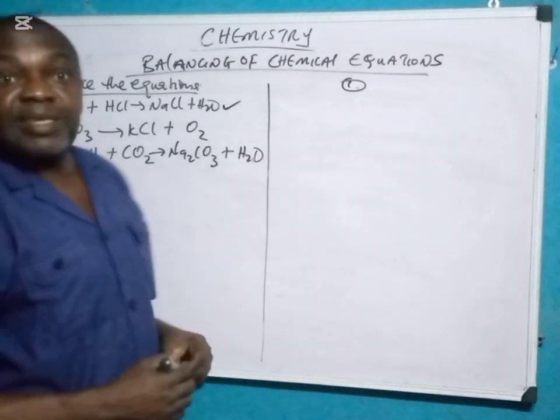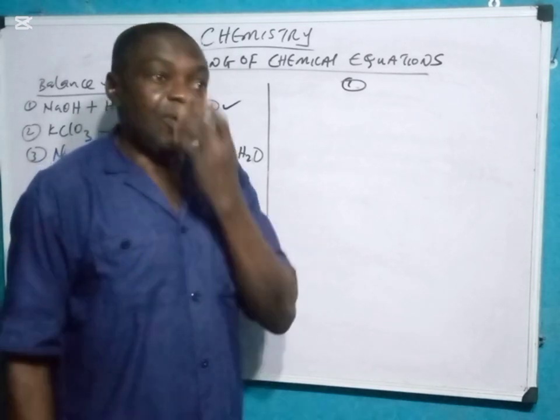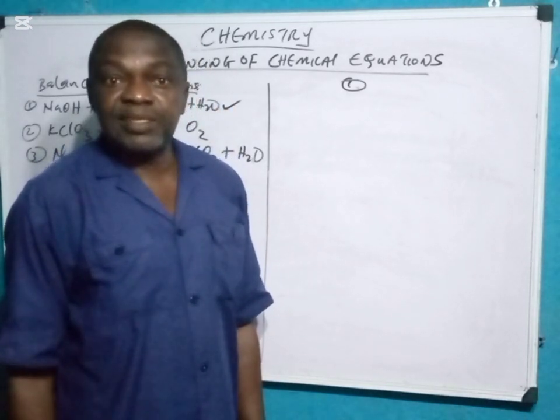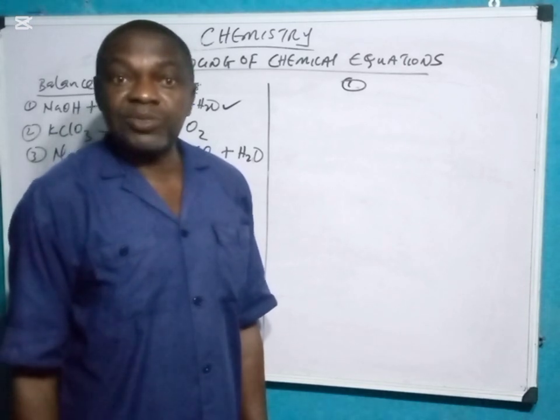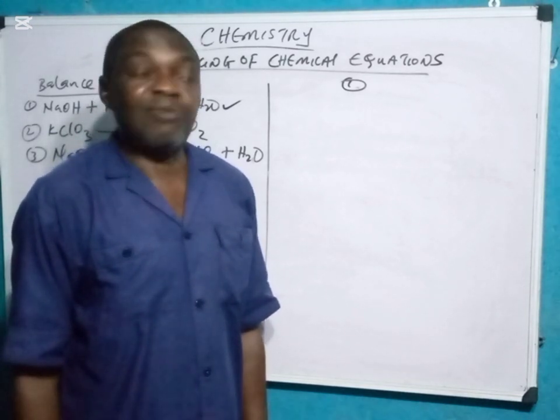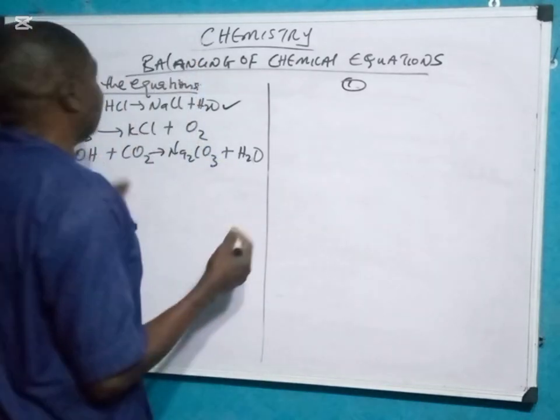Remember, an unbalanced equation simply means you have either created atom or you have destroyed atom. And remember, atom cannot be created nor destroyed according to the law of conservation of mass or indestructibility of matter. They only change from one form to another. So let's see. Let's take the second one,